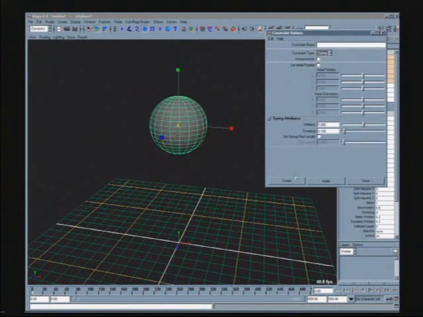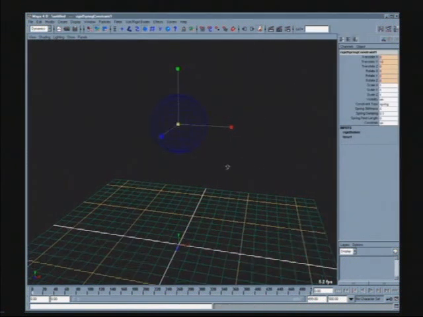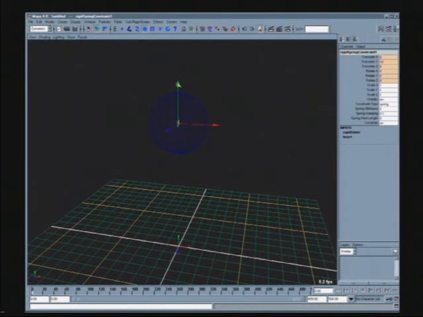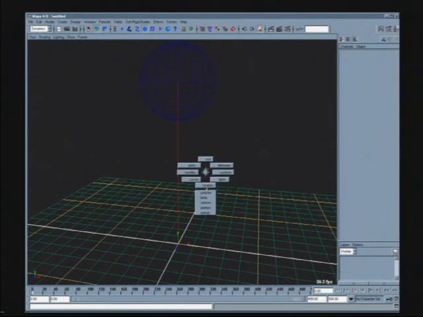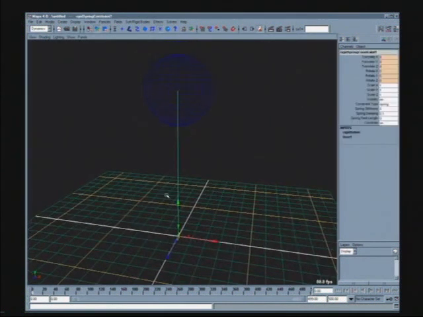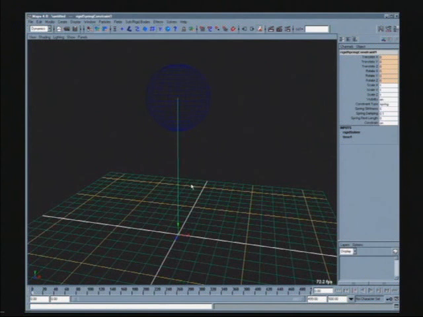By default, this constraint, like the other ones, will be created at the center of mass. If I move my spring to the origin, we're going to see a line drawn, kind of like the nail constraint. But the difference is that a spring constraint will behave the way springs work in the real world. If you think of anything from a shock absorber on a car to a slinky, springs